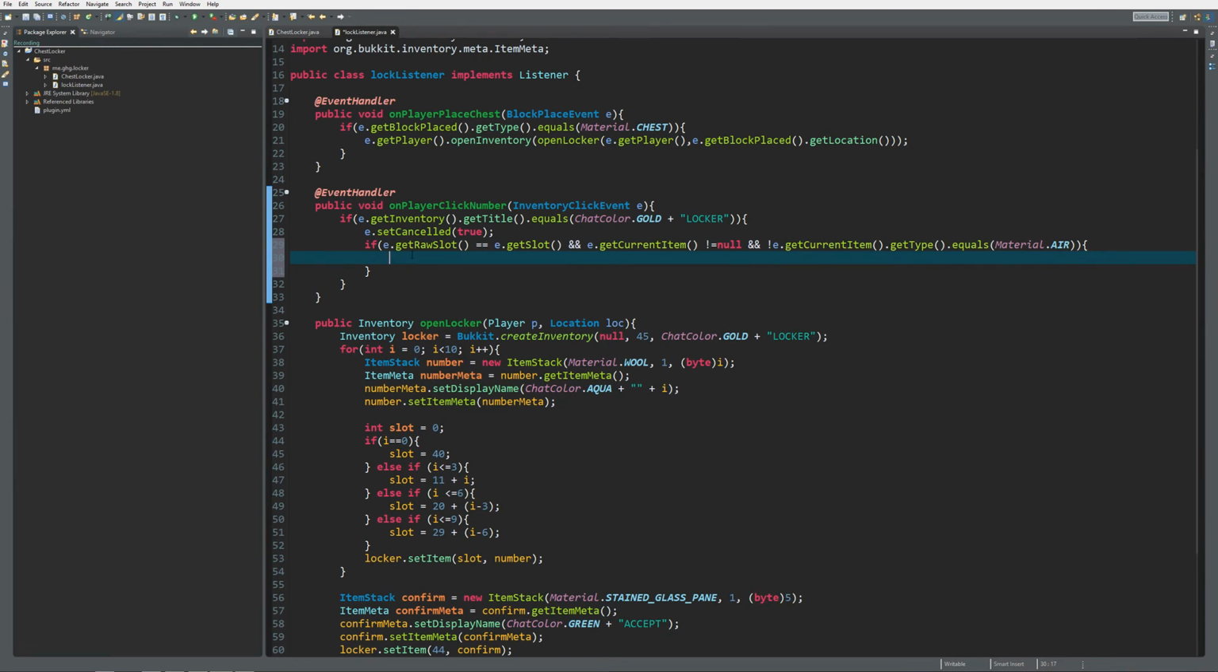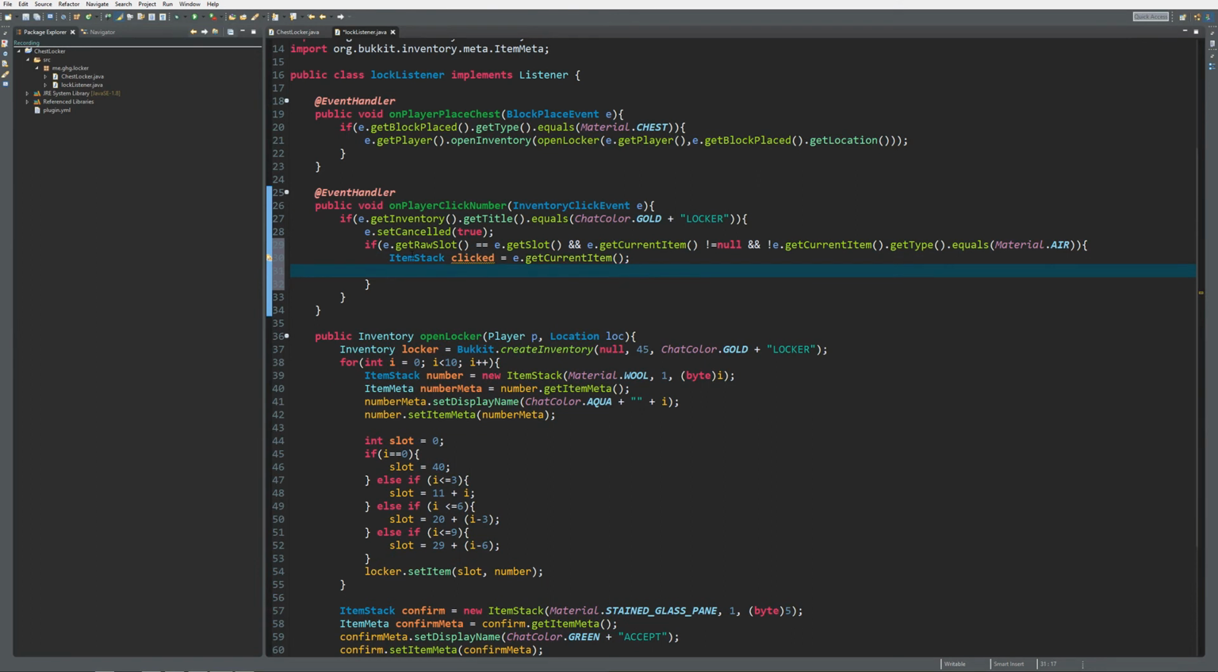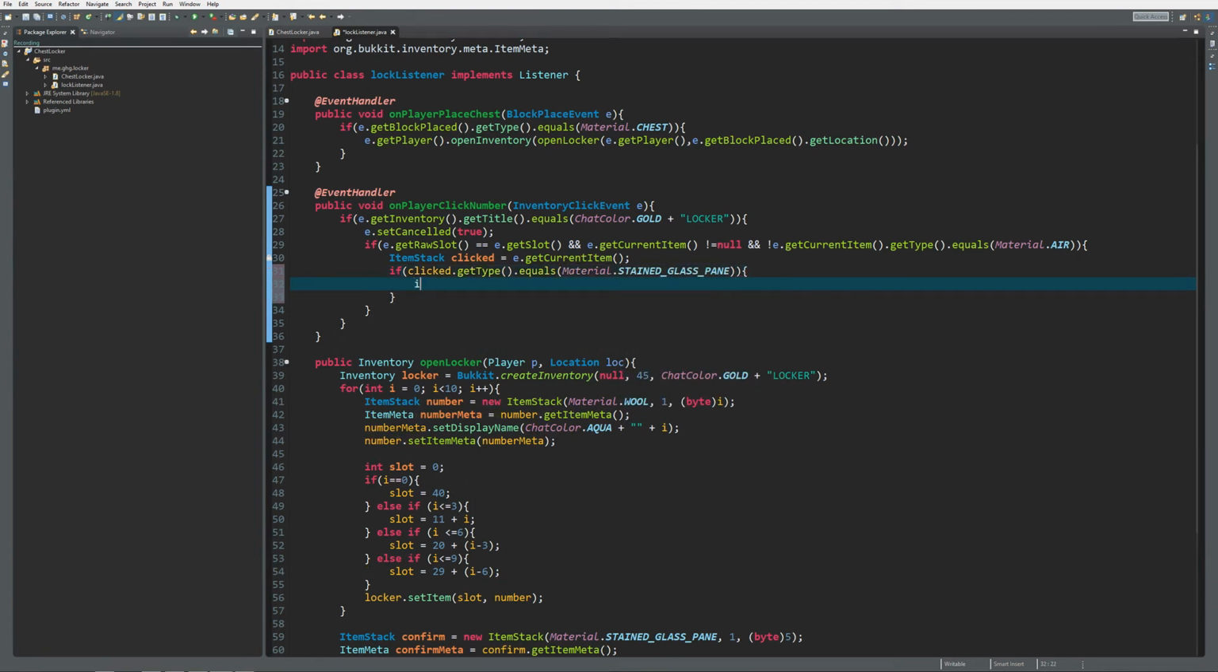Okay, so now we can get the item stack that we clicked on. So clicked equals e.get current item. And what we want to do is check if it's a stained glass pane. So if clicked dot get type dot equals material dot stained glass pane, what we want to do then is check the name of the item. So if clicked dot get item meta dot get display name, we do not have to check if it has meta or display name, because we actually know what kind of items there are in the